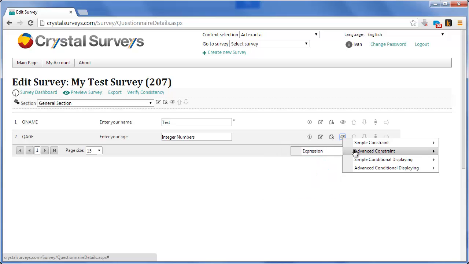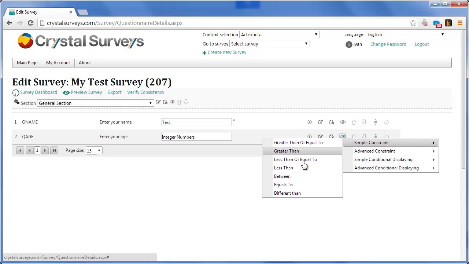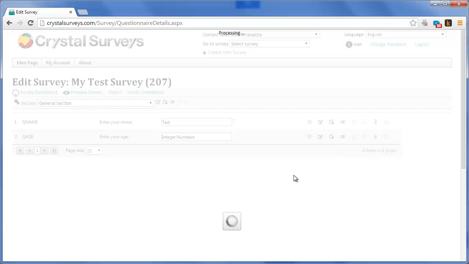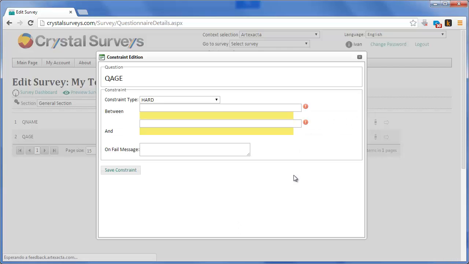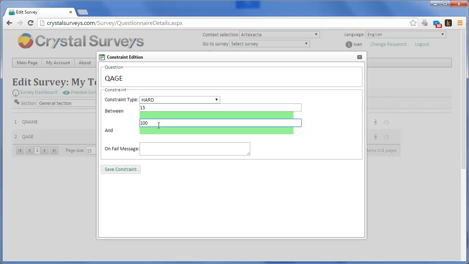Advanced constraints are where I enter an expression and I state what is it that I want in a more programmatic way. I'm going to use a simple constraint that says between, and I'm going to say when the system presents to me the pop-up window that this number should be between, I'm going to say 15 and 100, and